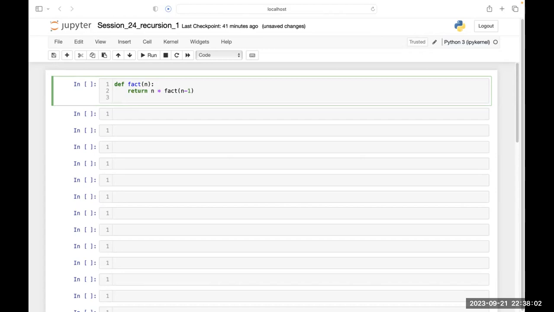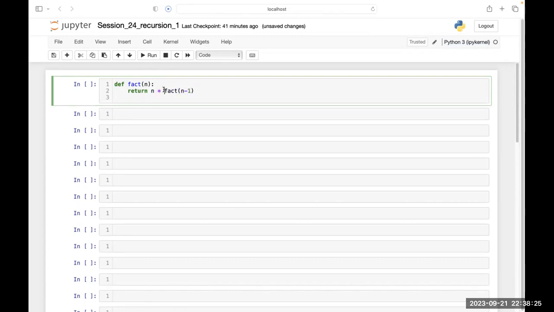This is my function. I have written one function called factorial, and it refers to factorial. And I passed n as an argument. And I asked the function to return me n multiplied by factorial of n minus 1. What does it mean?